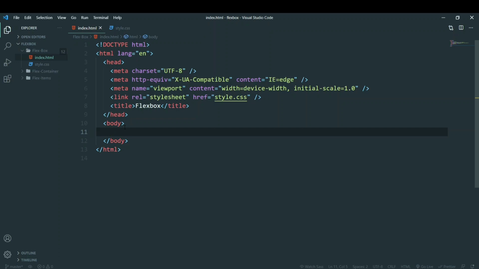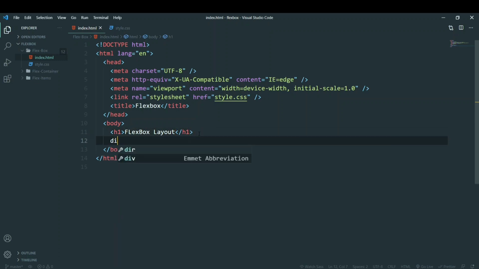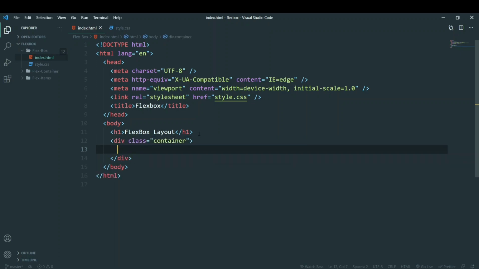So first what we'll do is we'll create a parent container. Before that we'll give a heading, let's say h1, flexbox layout. Now let's create a div and let's give it a class of container. Inside this container we'll add a few divs.